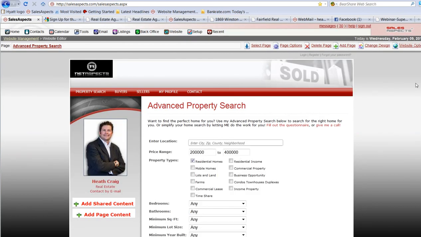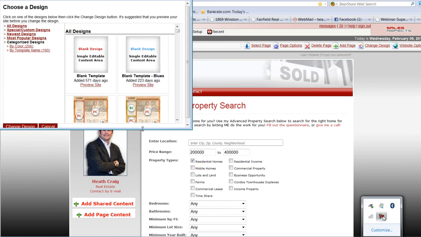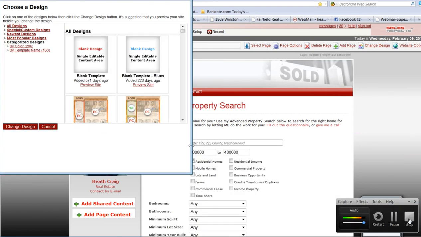Now let's go ahead and dive into change design. This is again a great function. If I wanted to change my design from the design